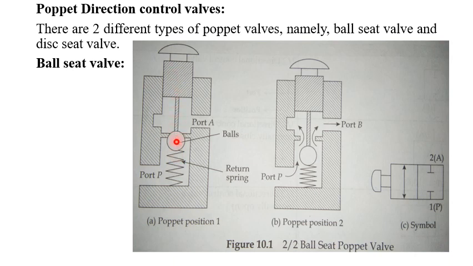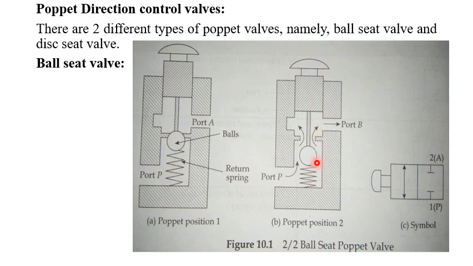When you press this one, the ball will be pushed against the spring force. That time you will get an opening, and the air supplied from the compressor will flow from port P to A for as long as you hold this button. In the next sketch, the mushroom head button is pressed. When it is pressed against the spring force, you will get an opening so that air can flow from the pump to port B. It stays open for as long as you hold it pressed.